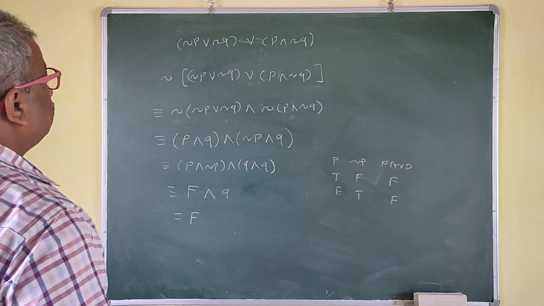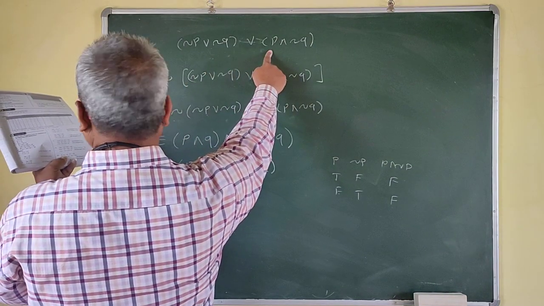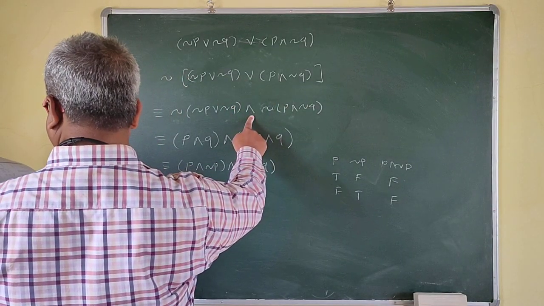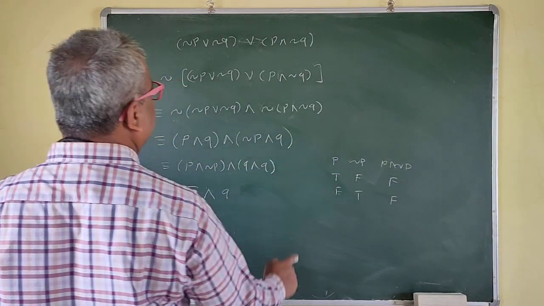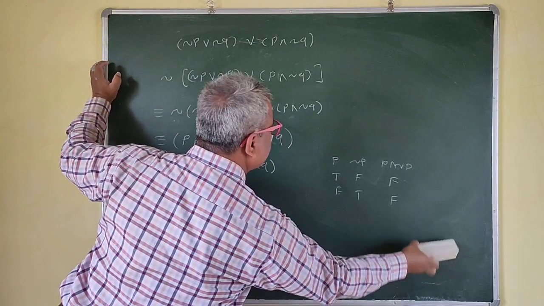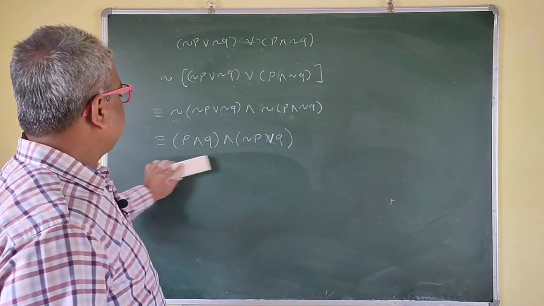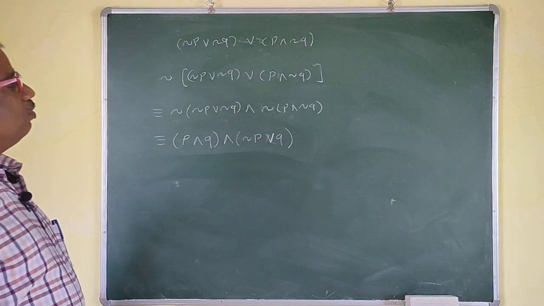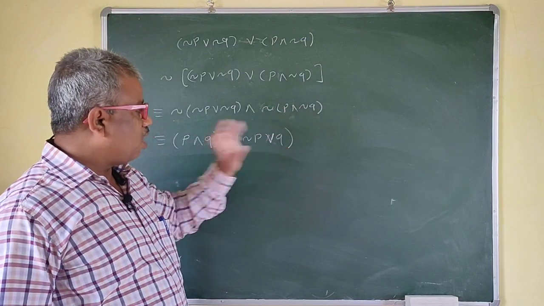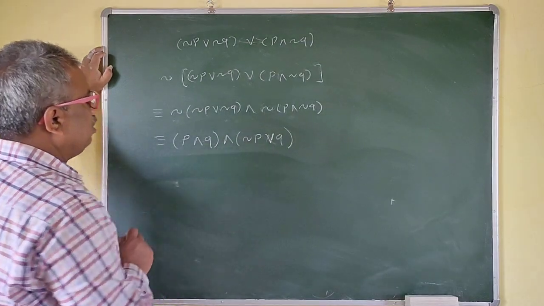So did we make some mistake? P or negation Q and P and negation Q. Okay, so this will be and. Oh, we made a mistake here, right? This will be or now. This will be or. See here, we are making mistakes. So here and should be or now. Take care. Okay. Now see, all are and here now.